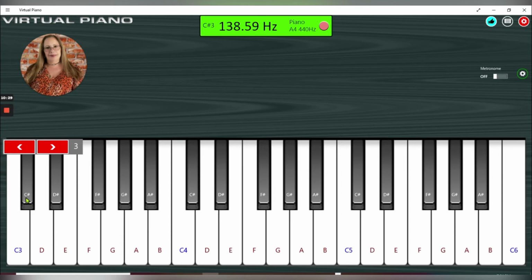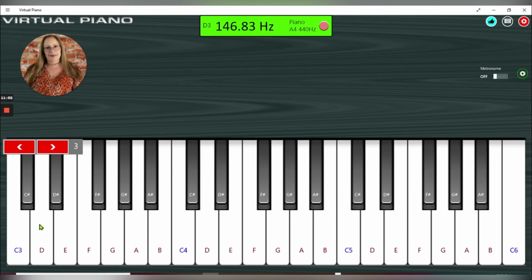Now, from that black note back down, those are 2 half steps. From C to C sharp is a half step. From that C sharp down to the D, now we have another half step. Okay, so half and half is 1. So this is